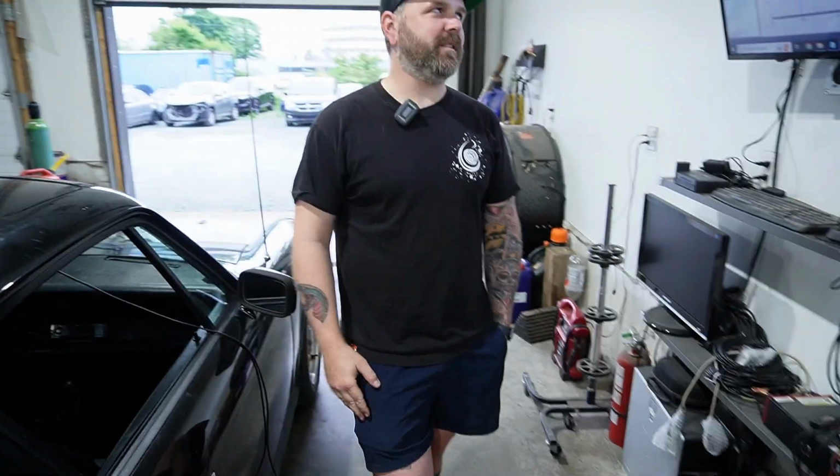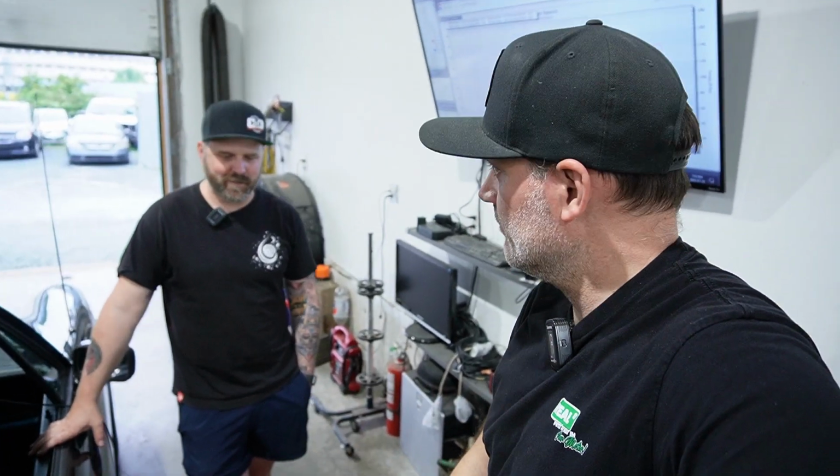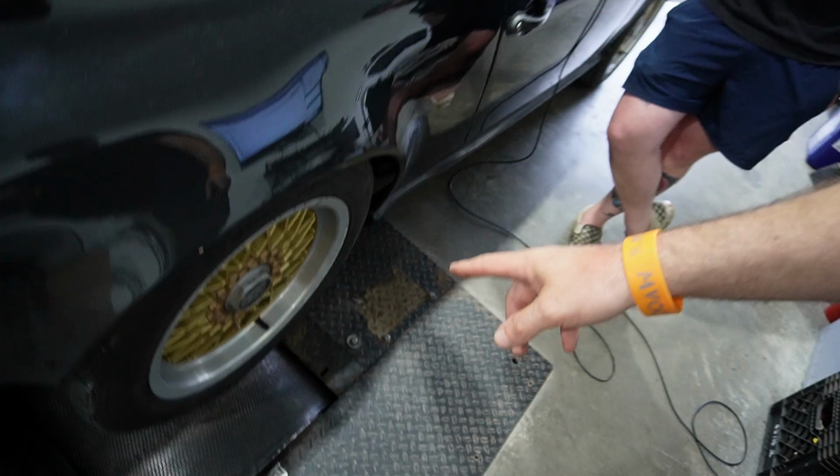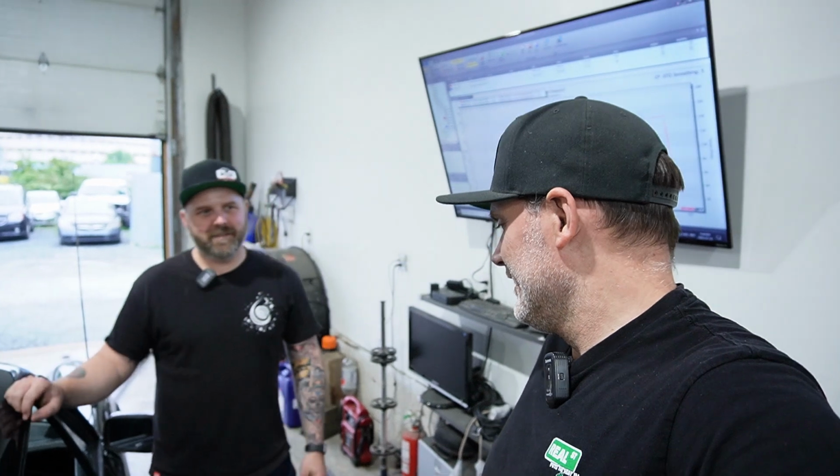What's next, Clayton? Oh, God. I don't know. I think valve adjustment, because it still seems to be a little bit down in power. So probably do a valve adjustment. Besides that, just try to drive it and enjoy it. And then wheels, maybe some wheels. I keep telling him to spend some money on some wheels. I have a couple sets of wheels, but...